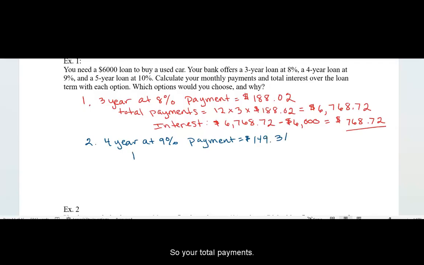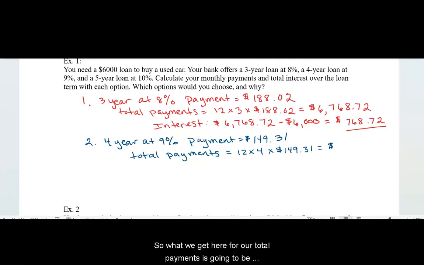$149.31. So for your total payments, I know the website gives it to you, but I prefer to just do the math for good practice here. You're making 12 payments a year for 4 years. That's 48 payments, times $149.31. So what we get for our total payments is $7,166.88,